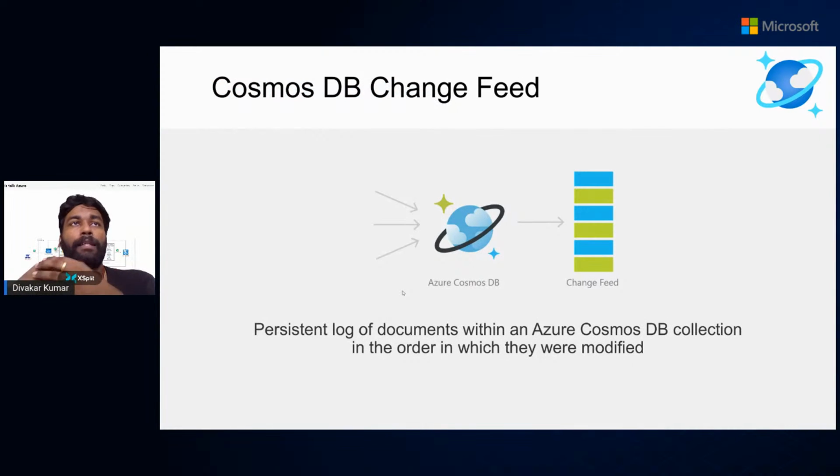To start with, we are going to see the change feed. This is going to be the real hero of this application. If you are new to Cosmos DB, the change feed is nothing but a list of persistent records that keeps on listening to a particular Azure Cosmos container. Whenever there is an update happening in your documents, it keeps listening to that, and it sorts those documents in the order that they were modified.